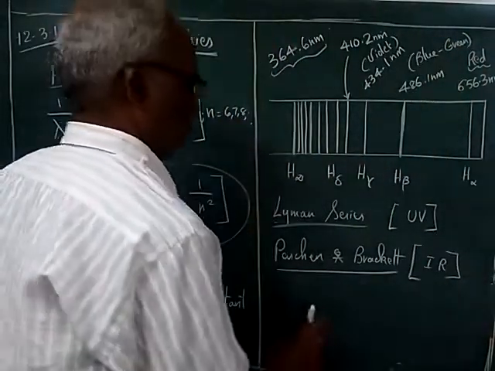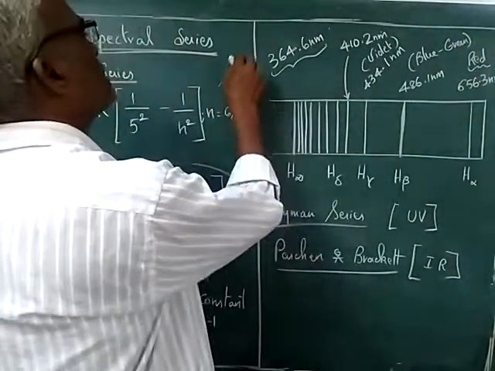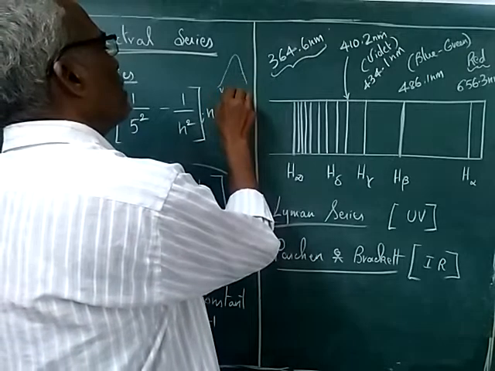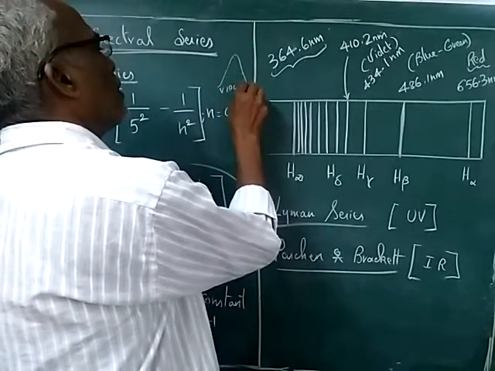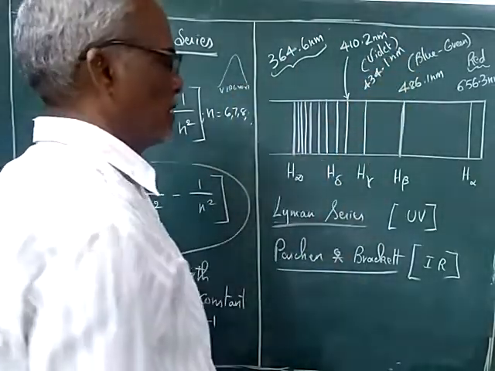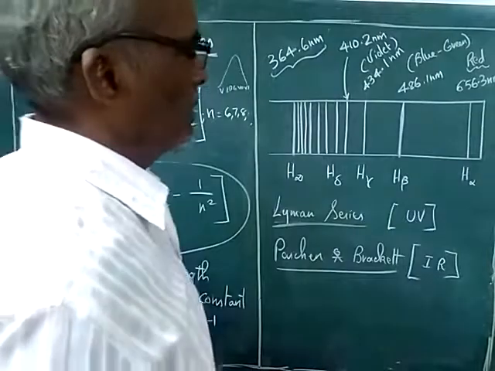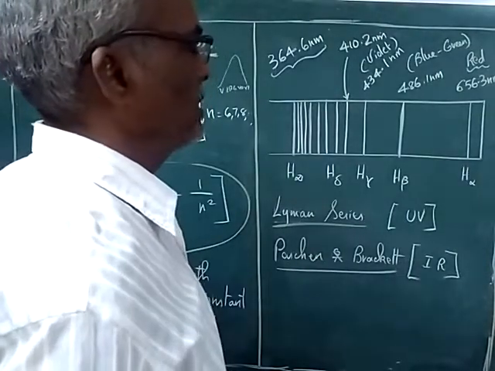You all know that the visible spectrum goes from 330 to 730, VIBGYOR: violet, indigo, blue, green, yellow, orange, red. After red it is infrared. So the Paschen and Brackett series give spectral lines in the infrared region, where